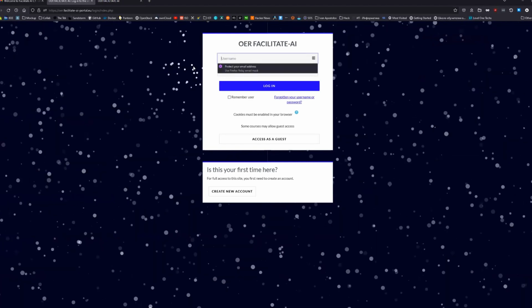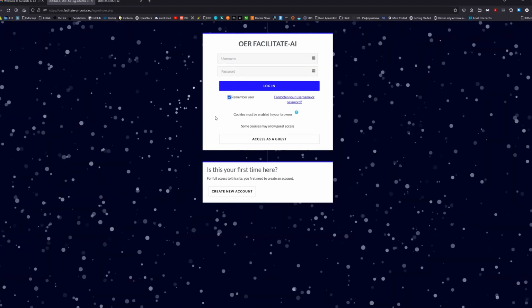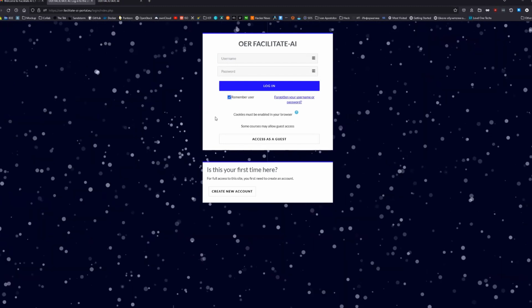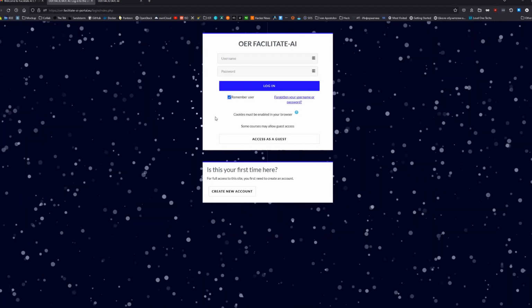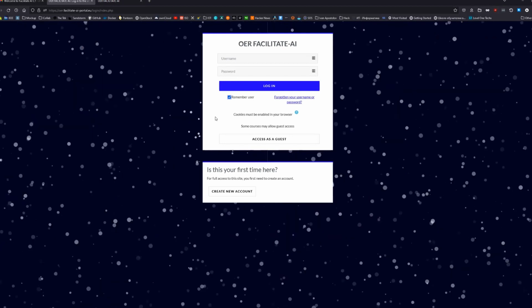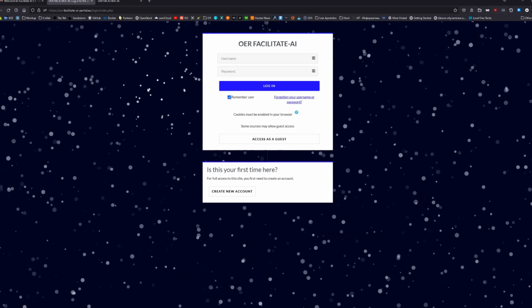Again, we can use our username and password. We can click remember user and the system will remember us, and every time we log in from the same browser and the same device, the system will recognize us and will get us inside.